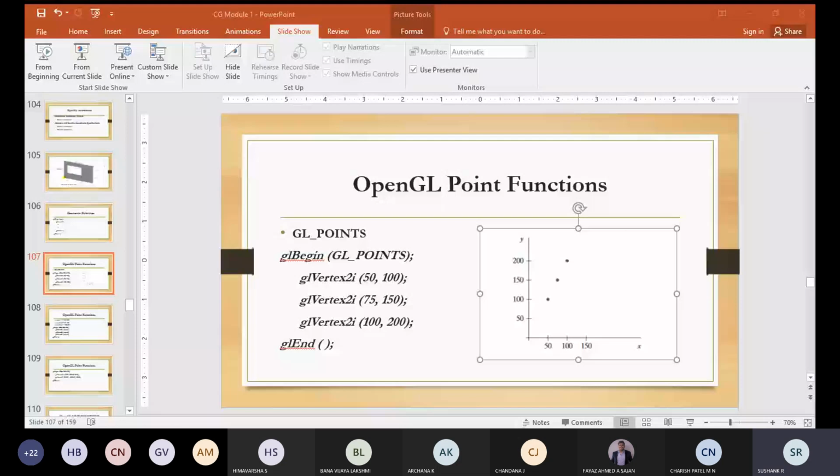You should know what GL begin is, what constant you have to pass for plotting the point, and how to implement GL vertex 2i. After this class, you should be able to simulate points in CG. If I ask you to write some point functions, you should be able to write them without any issues.